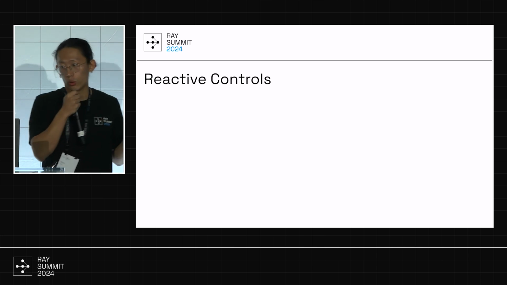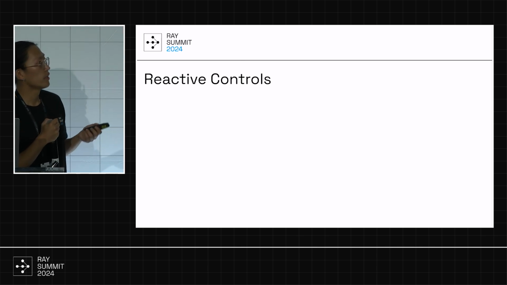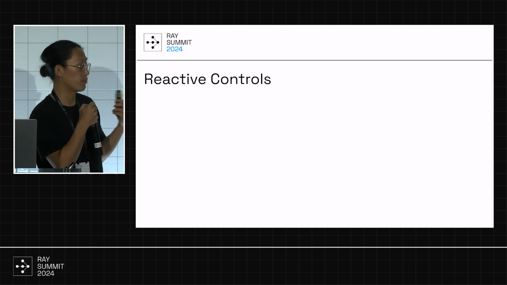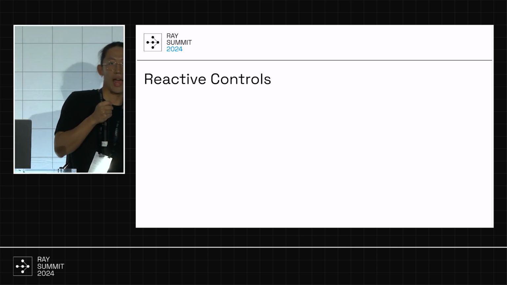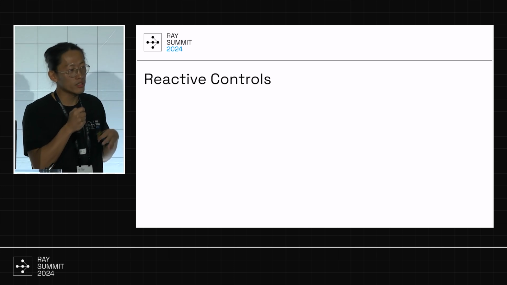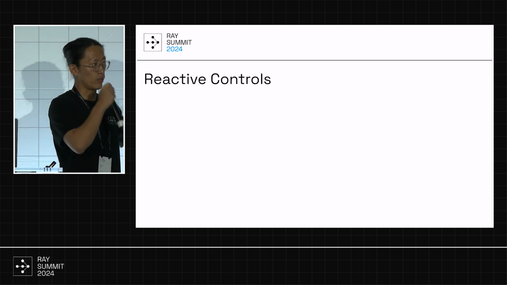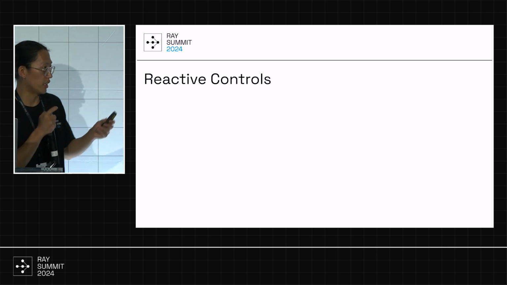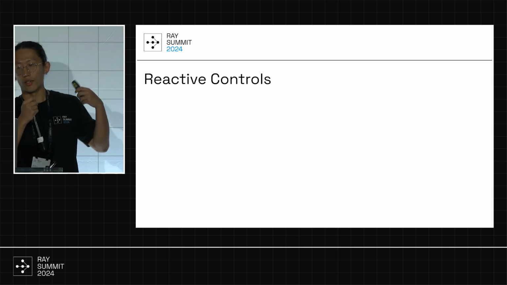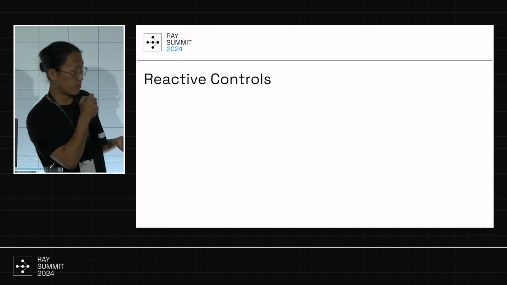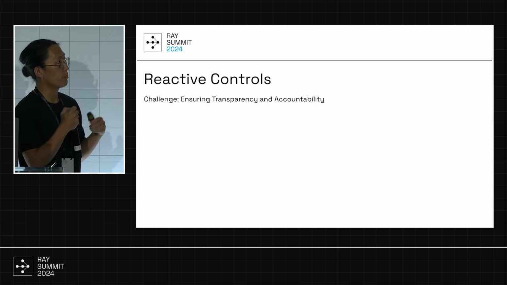So reactive control tools are great, and they help you stay under budget. Still, at the end of a big project, you may rack up a big bill, and people may start asking questions about the details. And at this point, you can hand wave, saying we made this amazing model, it does all these things, and we have to use a lot of expensive GPUs, but it doesn't really address the accountability and transparency that people are expecting. So that's why we built